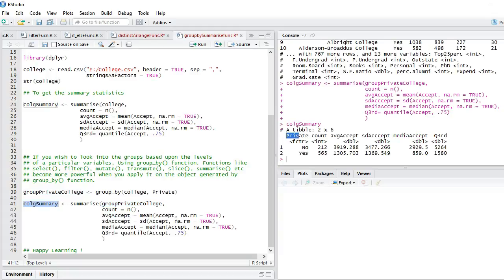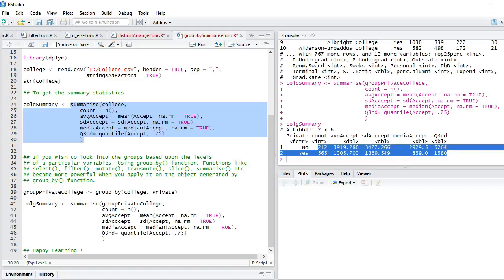Okay, so I told you that I divide my data set by private, and private had two levels, yes and no. And when I pass this exact same command, I got this data output for both yes and no, because my data set was now divided into two different parts. One is yes and one is no. So you can see that this function is very, very powerful.